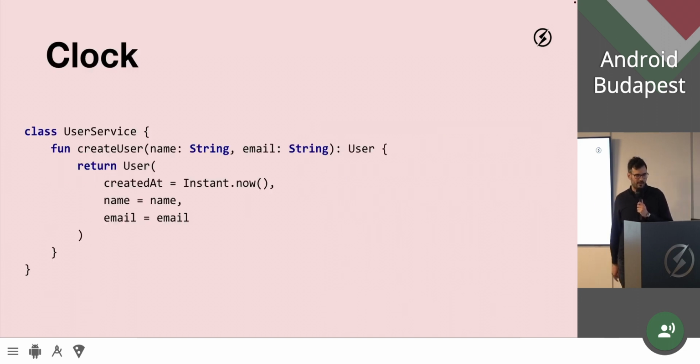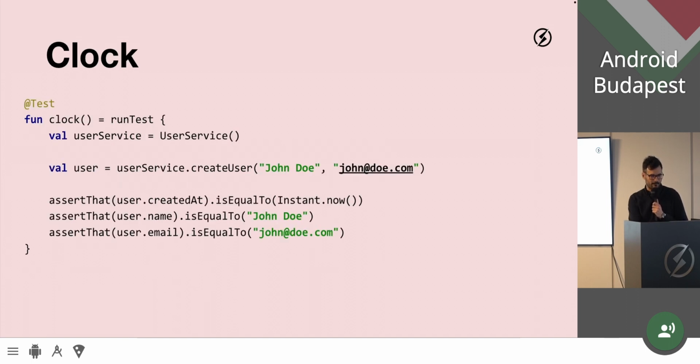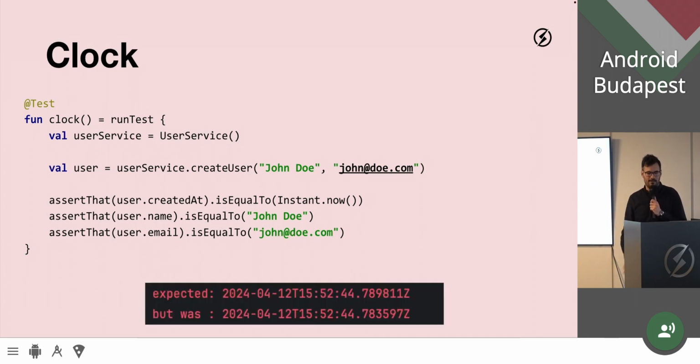So for this, let's imagine that we have a user service. It does nothing fancy. It just creates a user for us, but it will create the timestamp when the user was created. Let's try to write a test for this. When we create the user service and create a user, it's okay. And then we want to assert that the creation date is something. Let's say it's Instant.now because we were using that within the creation method. And unfortunately, some milliseconds has passed since that time, of course. So what we can do,